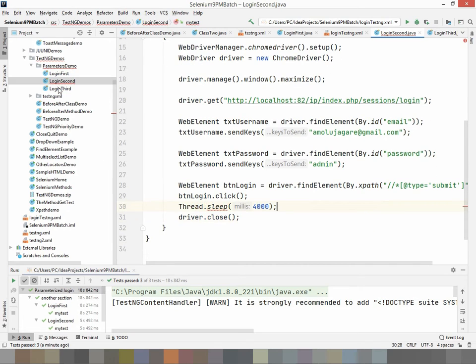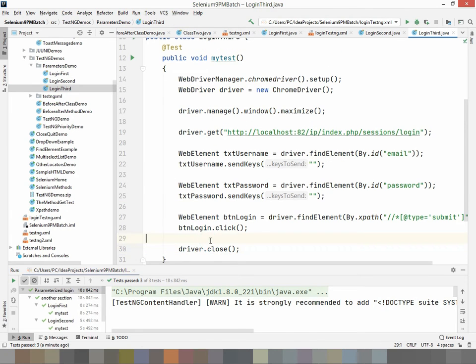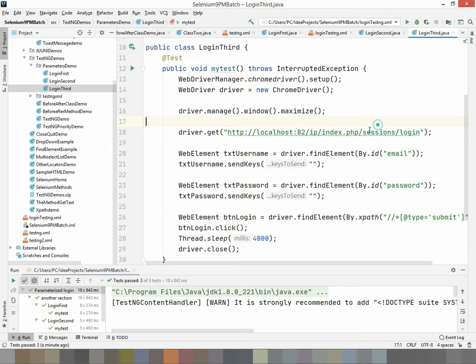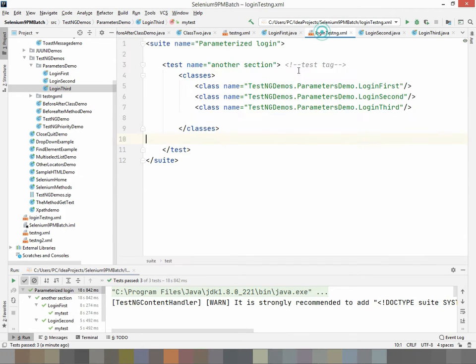Okay, paste it here again, import this, or paste it here and add exception. Save this. Let's just run this for curiosity, to see how it is happening.